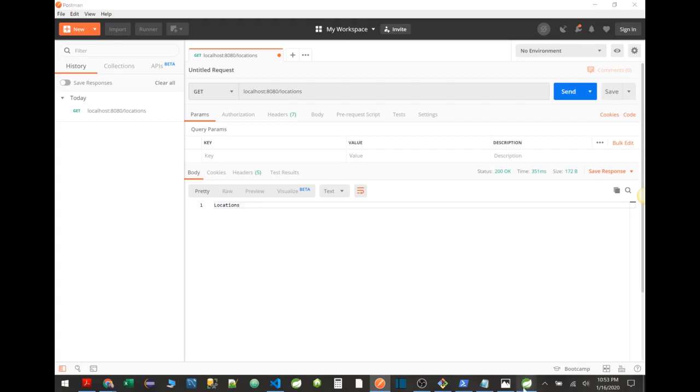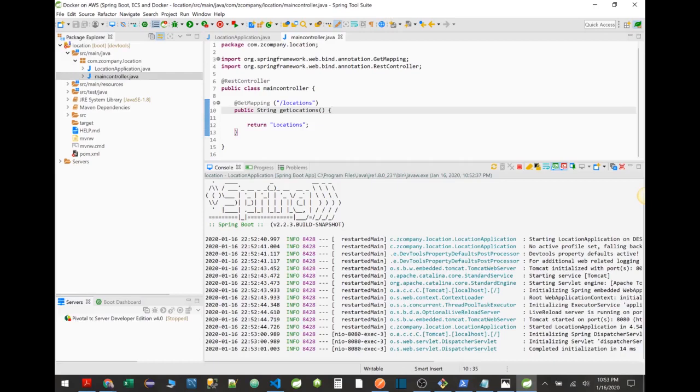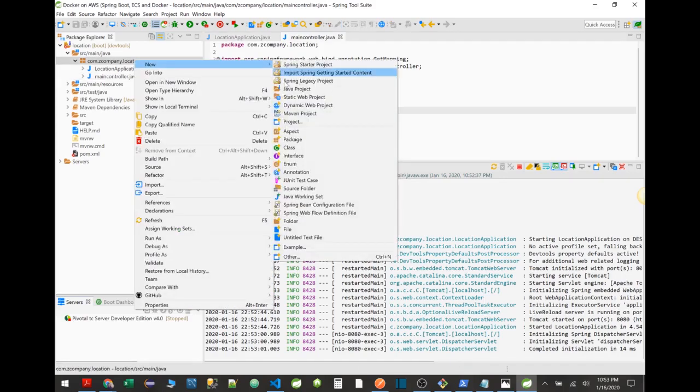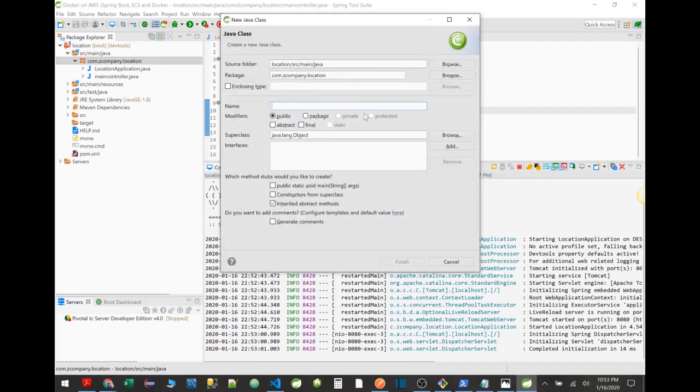Now what we're going to do, we're going to create a small class called Location, and we're going to return a list of locations for our end user. Let's do that. So again, you should create a different package for this purpose, but in order to keep this simple, I'm just going to go ahead and create it here. I'm going to name this Location,